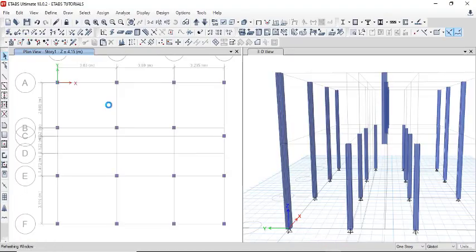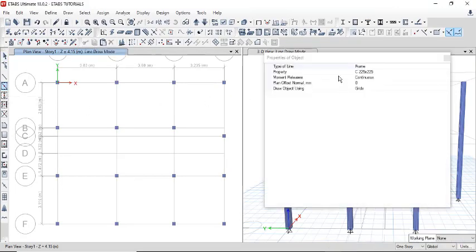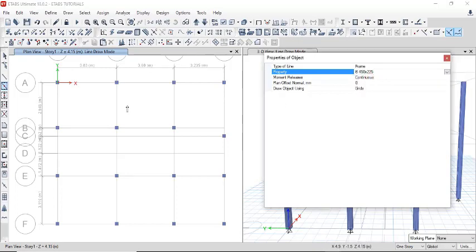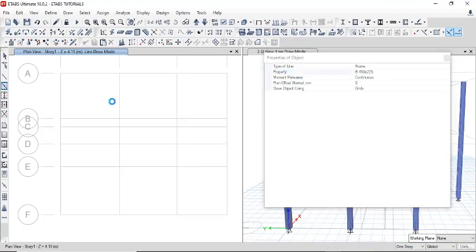Go back here, then at this toolbar here by the side, look for where it's written quick draw beams or columns thereabout in plan and 3D or elevation. So click on it. Then make sure you select the properties here to be beams, and we already defined it while we were defining our frame section. So click on beams, then our beams property comes up.